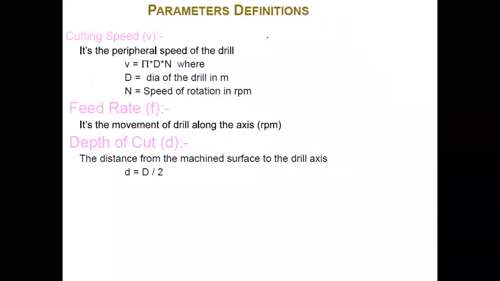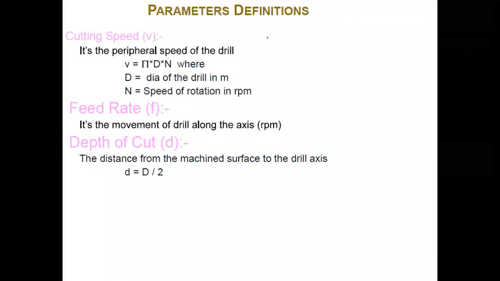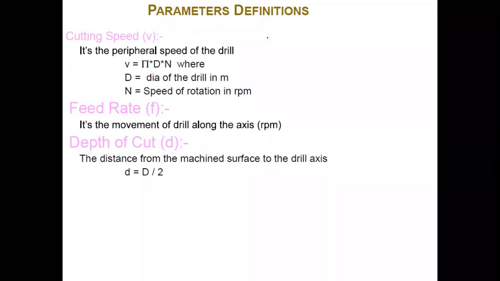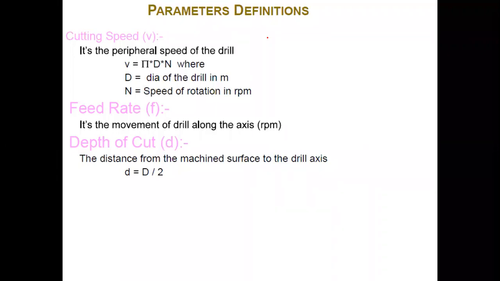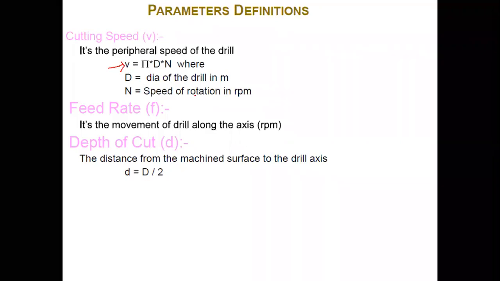Right. Now we can see some physical parameters we need to measure. Most important are feed, depth of cut, as well as cutting speed. Cutting speed, feed, and depth of cut are very important in any cutting or machining operation. So how do we calculate cutting speed? We can calculate cutting speed by using a simple formula. V, velocity, is nothing but cutting speed. The velocity of any cutting tool is nothing but that of your cutting edge.